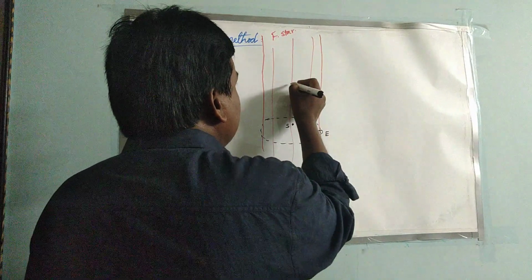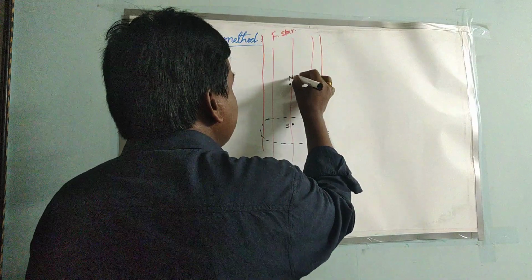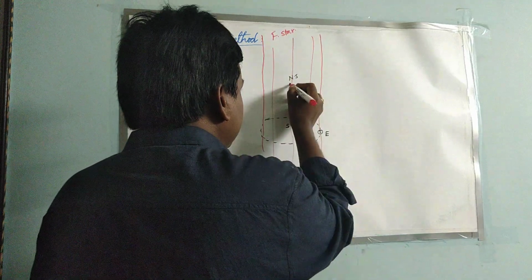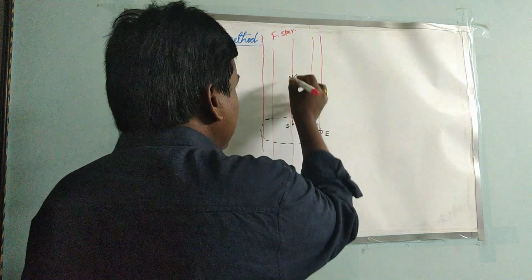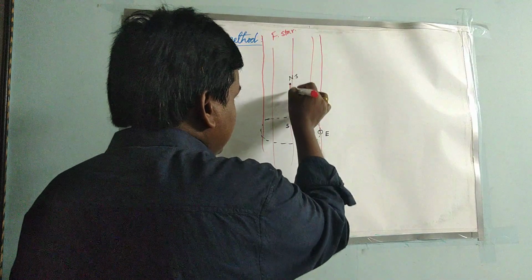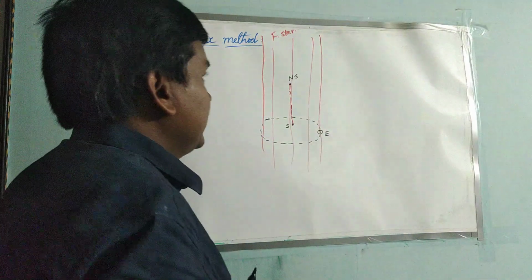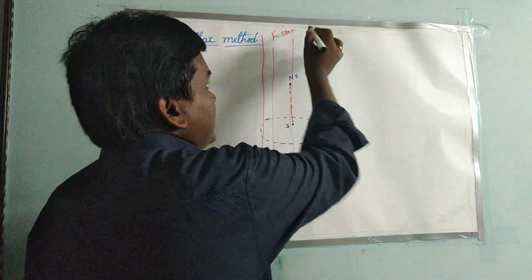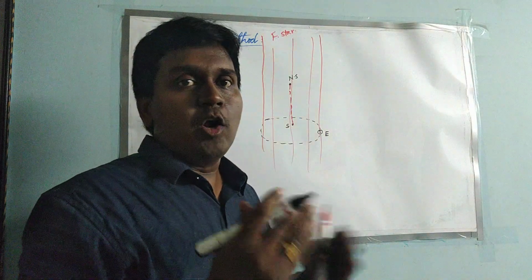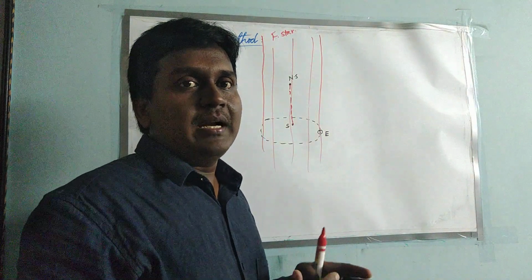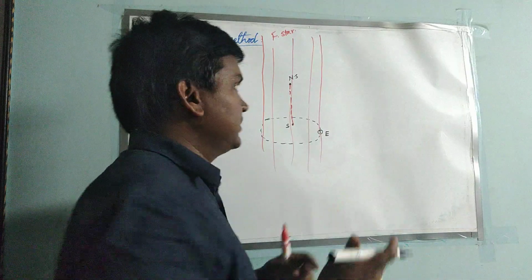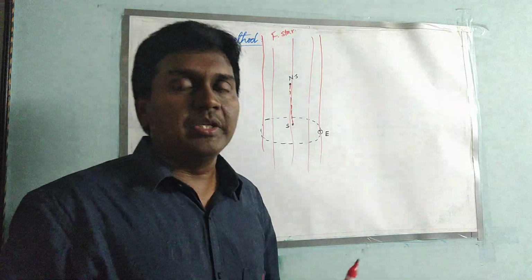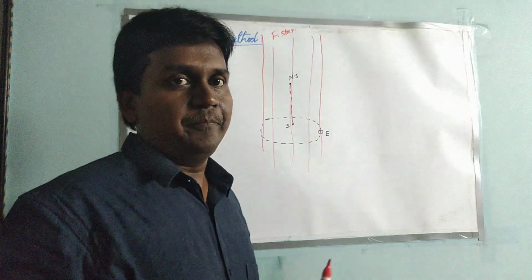And here I am considering another star, that is the near star. So the light from this star will come in this direction. Here I am considering that the far star is very far, like 100 light years or 90 light years, and this star is somewhat near, maybe 2 to 3 or 4 light years away.